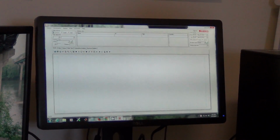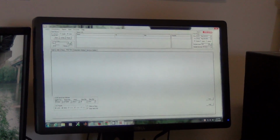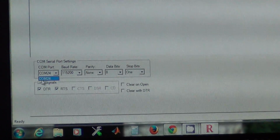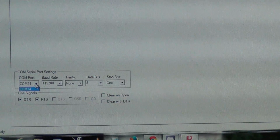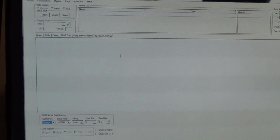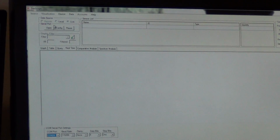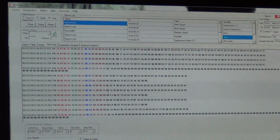Once you're here, from the data source, you select live, and at the bottom you can see the communication serial port settings. The COM port is usually selected by default by the software. If you have multiple devices, you'll just have to select the appropriate COM port. The baud rate, parity, data bits, and stop bits should all be set to the defaults that are there when you open SenScope. Now I'm going to turn the serial port to open, and this is the data that is being transmitted by